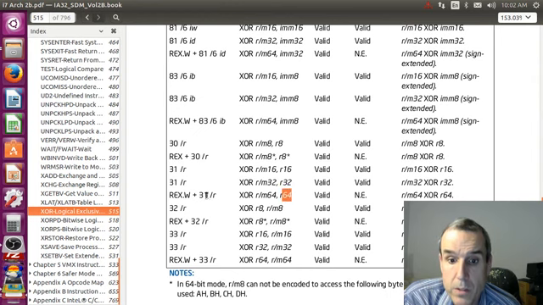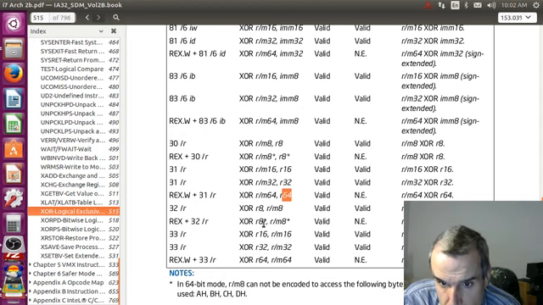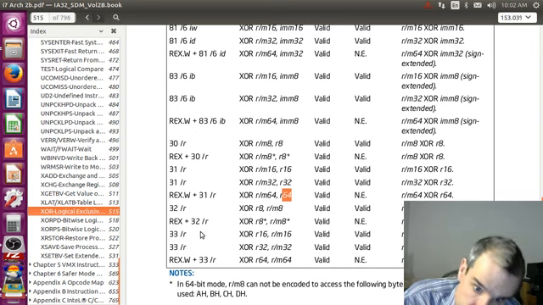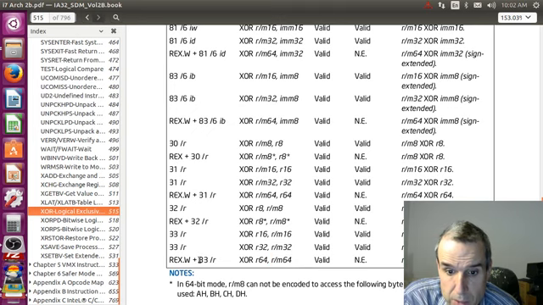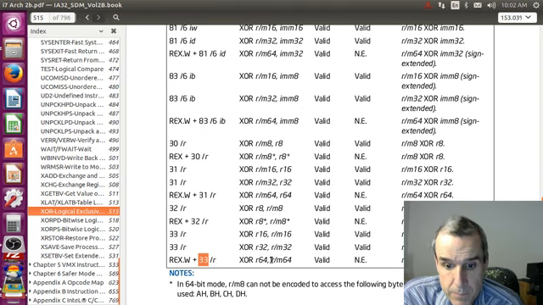Okay, so there's two versions of 33. There's first one, second. Register memory first, register memory second. So 33 /R is